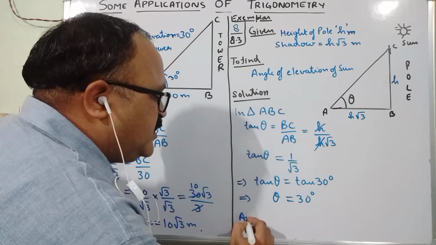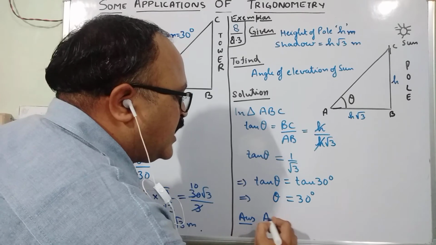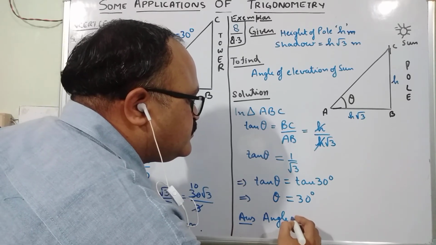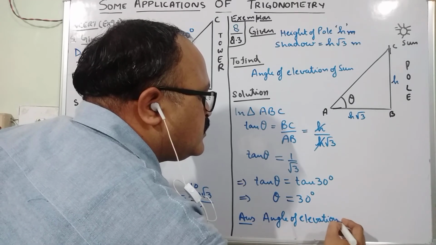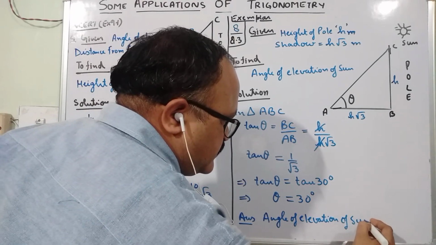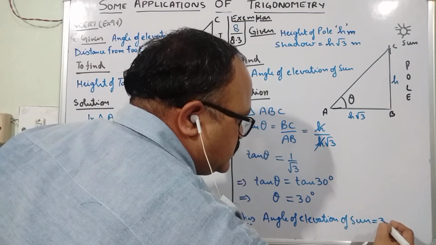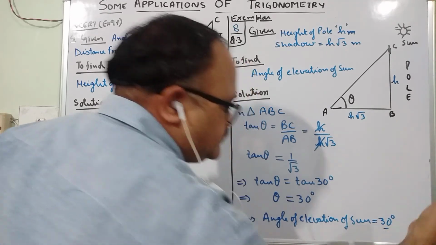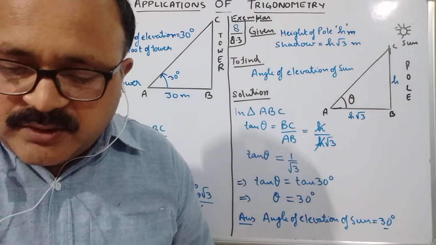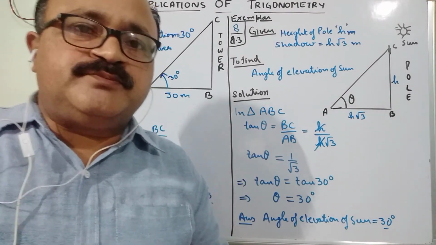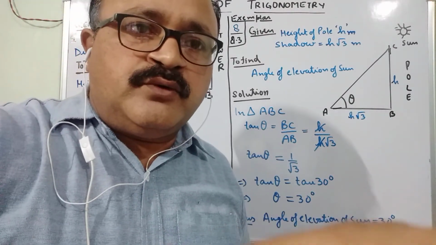Your answer will be: angle of elevation of sun equals 30 degrees, right? So this is how we solve practical problems. We will be seeing a few more